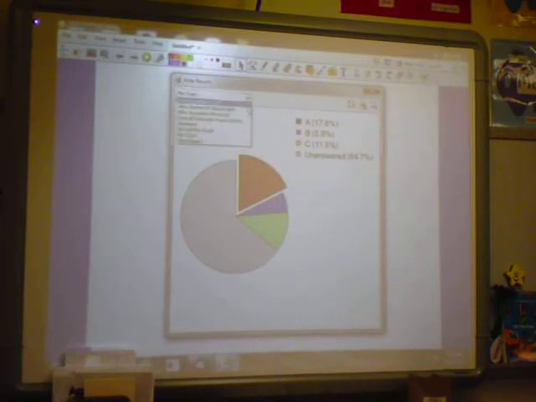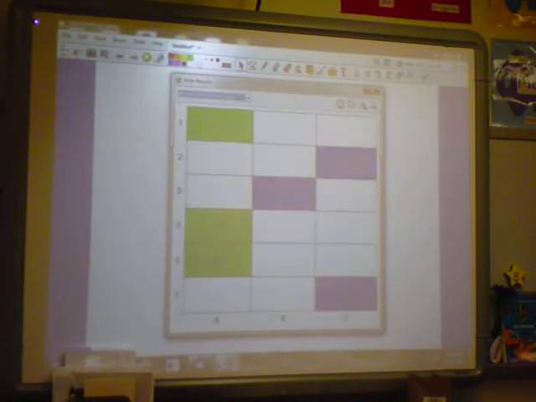Okay, let's go back to who answered what. And then you have these choices over here. This is the time element, how fast they responded, in case you are concerned that it's taking everybody a long time to figure it out. You might need to review it. This one is going to the correct answer. This one will actually copy it into the flip chart. And then this one allows you to paste it into like a Word document. So if I click this one that looks like the device on top of a flip chart,